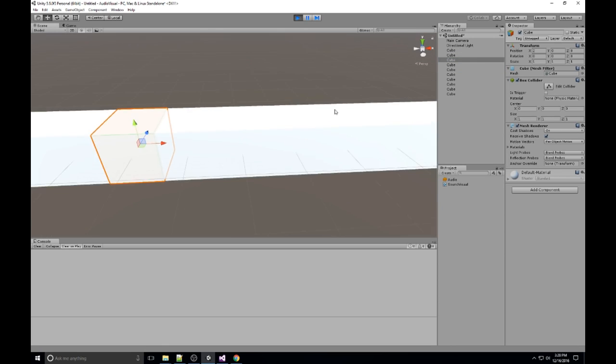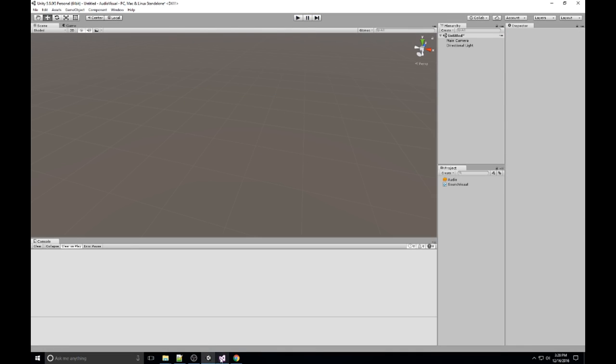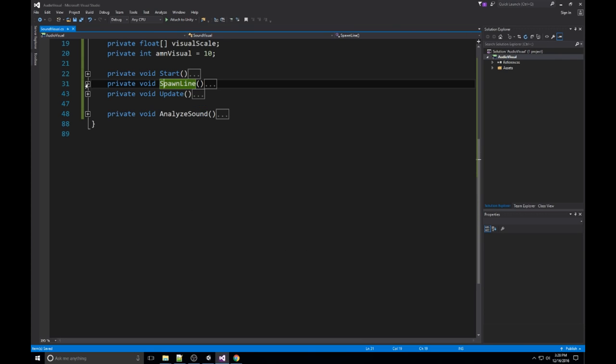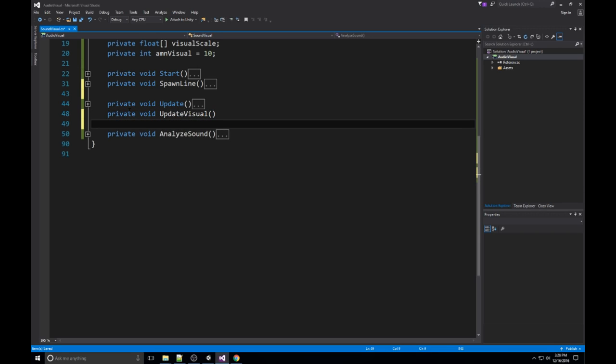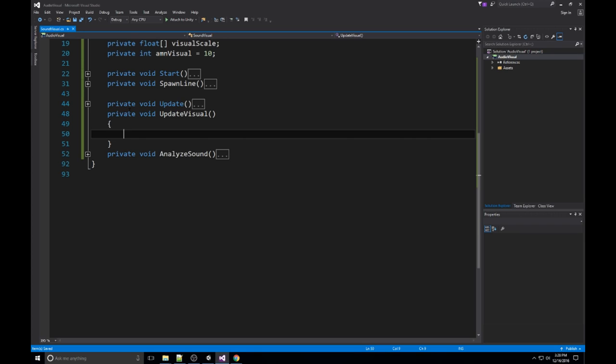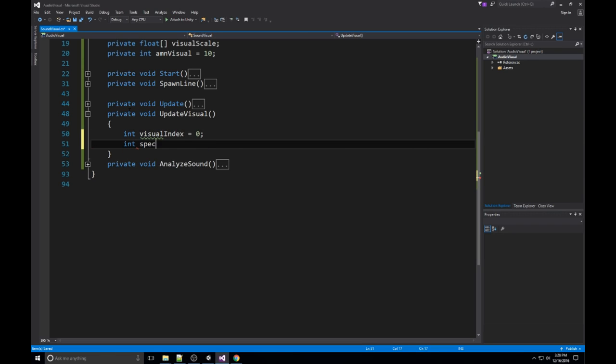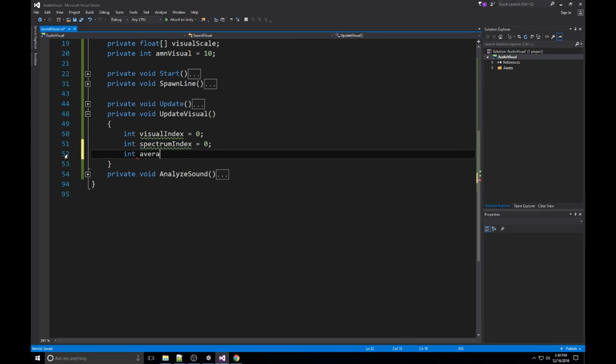Now those 10 different cubes are supposed to be moving with the beat, but right now they're really dull. So what we're going to do is create a function that is being updated every frame. So below Update right here, we are going to create another function called UpdateVisual. This is where we're going to be modifying the scale. So let's start with 3 different ints. The first int is going to be visualIndex equal to 0. The second one is going to be spectrumIndex, also equal to 0. And finally, we're also going to include an averageSize int,